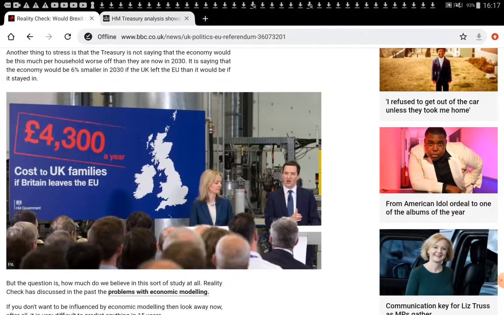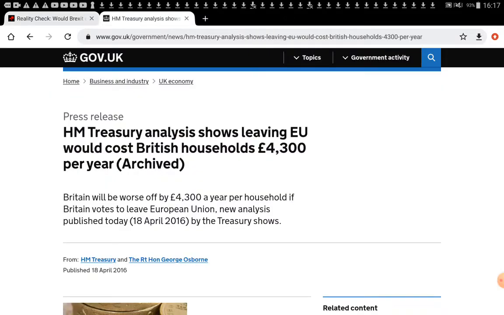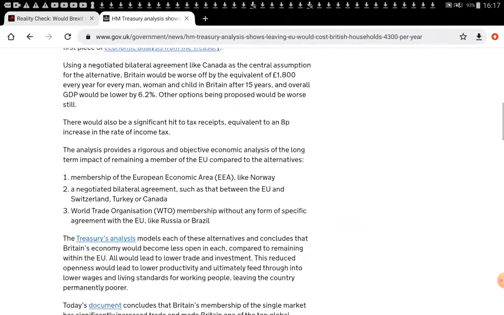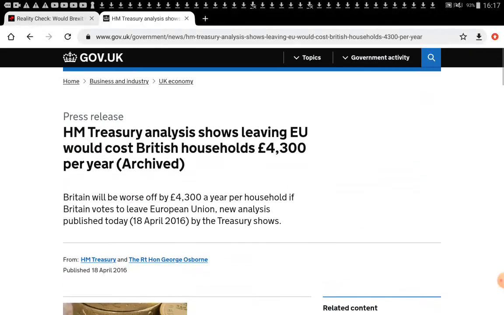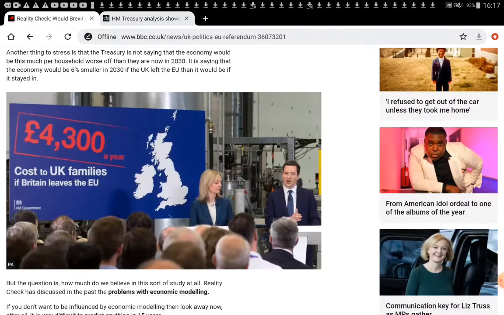And it's worth pointing out I'm only specifically talking about the poster itself, because George Osborne in his speech and in this Treasury analysis here is actually a little bit more clear about what it's about. But clearly the poster was designed to give a misleading impression. So we can see that the poster says that the cost to UK families if Britain leaves the EU will be